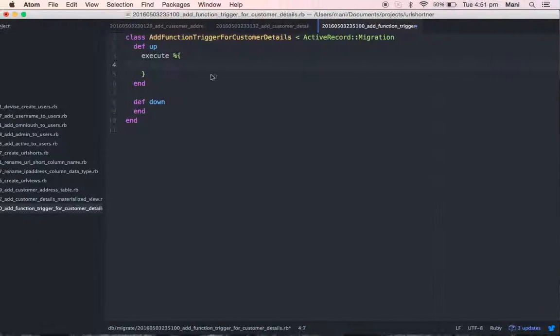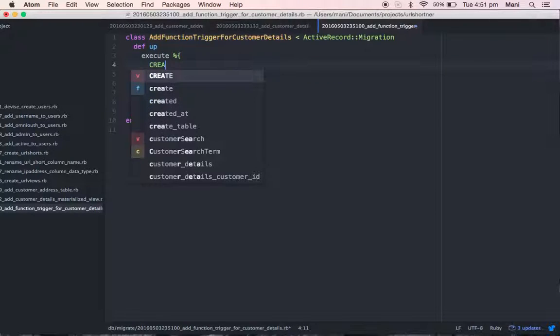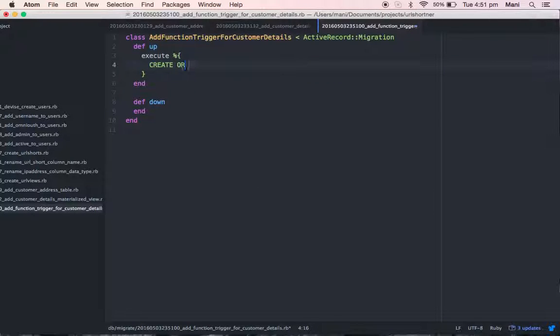So I'm going to enter create or replace function, and here I need to enter my function name. I'm giving the function name as refresh_customer_details. I am not passing any argument, so no need of that. If you want to pass any argument, you can enter it here.